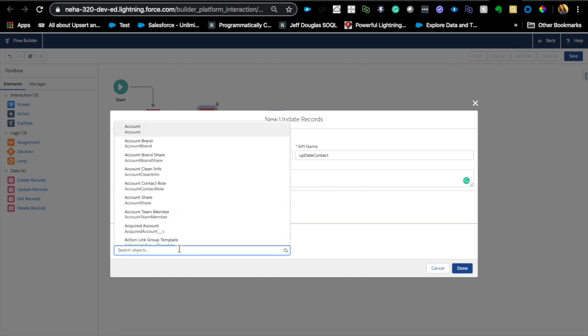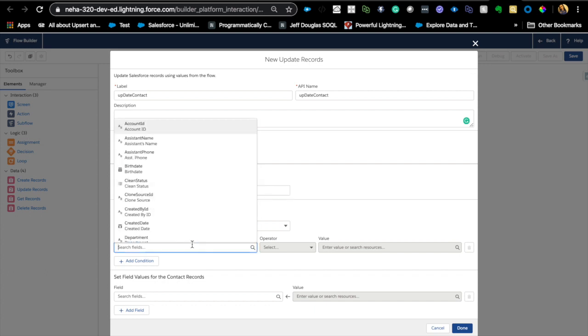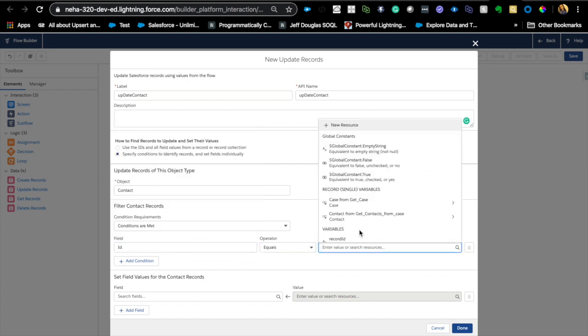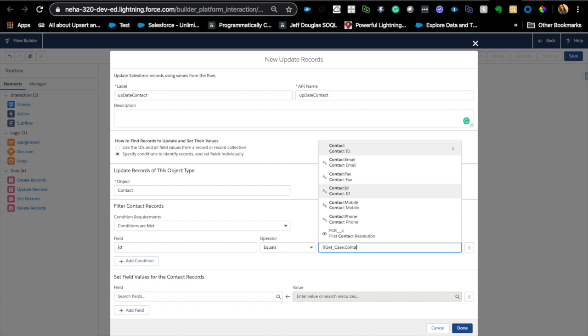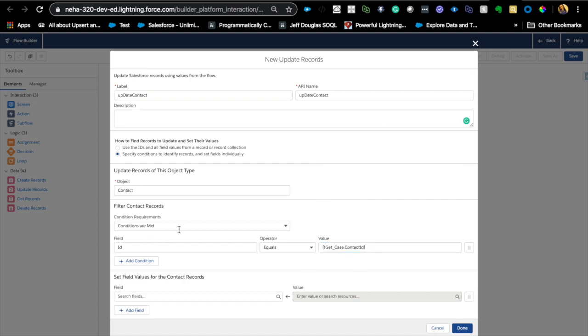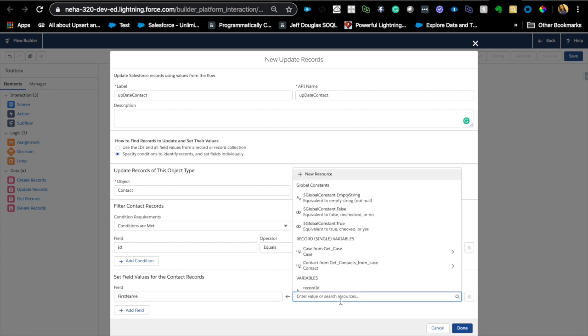So we're going to set fields individually because we only have 2 fields to update. That's the name and the email. So filter the contact records. Again, it's going to be the same contact that we already found, and that was case from get case.contact ID. It's the same step that I did in the first step. So getting the same contact again, and now we're updating the name, or actually first name, to,